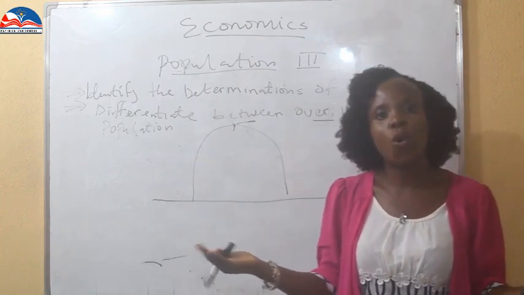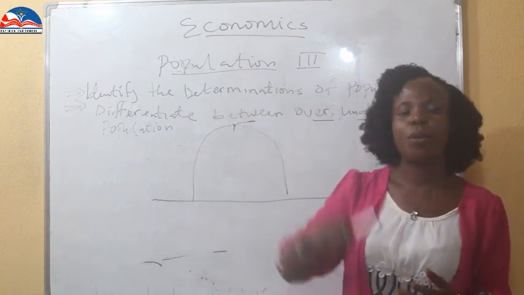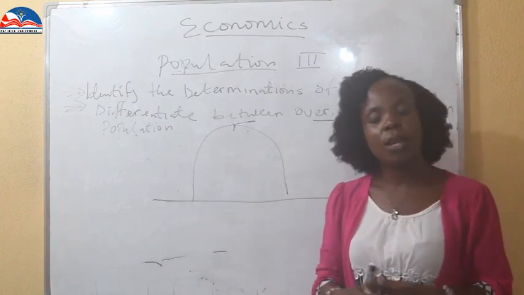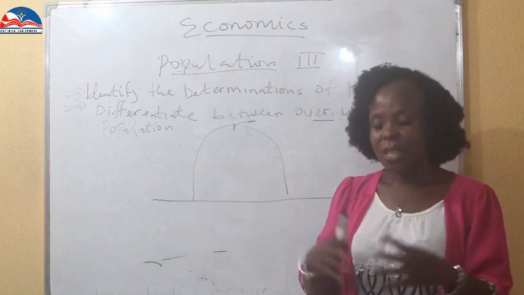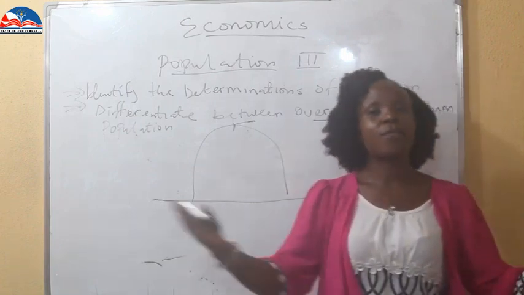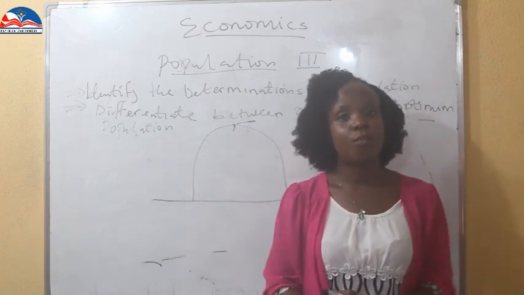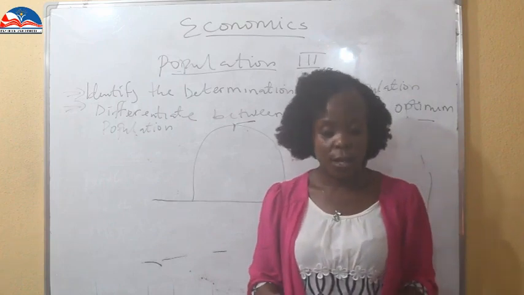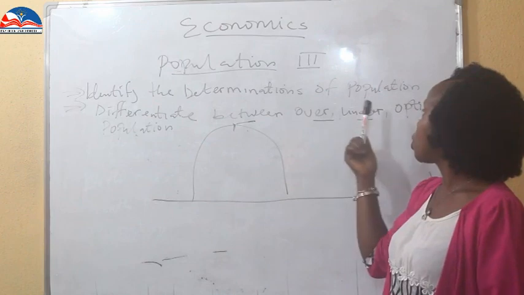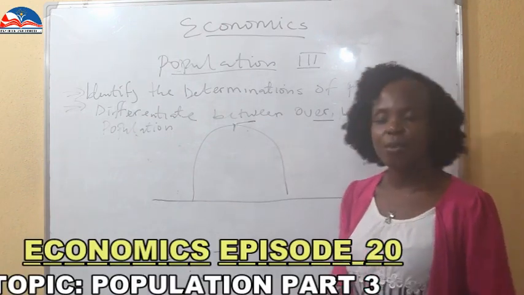So overpopulation is when people in the country are more than the resources. Underpopulation is when the resources can take effective care of them and there is still some remaining. Then optimum is when everything is at equilibrium, everybody enjoys their life, everything is moving fine and good. That is optimum. So we've been able to differentiate overpopulation, underpopulation, optimum population, and we've seen the three determinants of